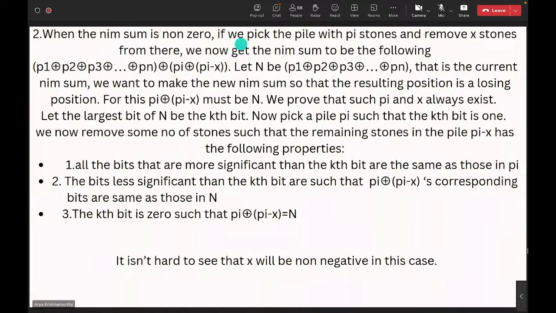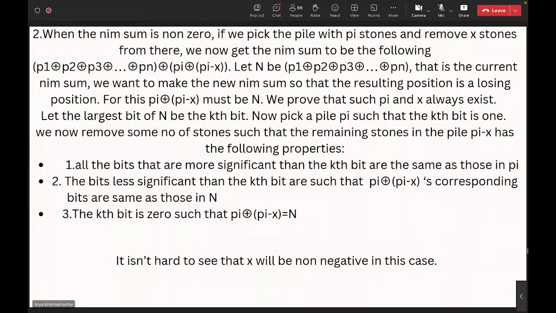So I can say that X will definitely be non-negative in this case. Okay, fine. So such an X always exists. Whenever the nim sum is non-zero, I can always make a transition to a state where the nim sum is zero. And by this so-called strong induction kind of proof, we have been able